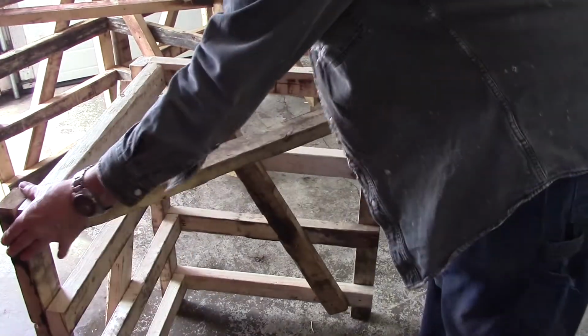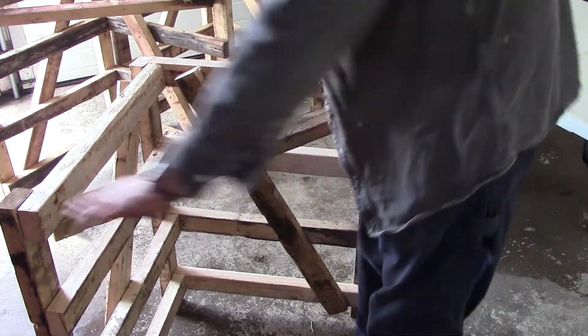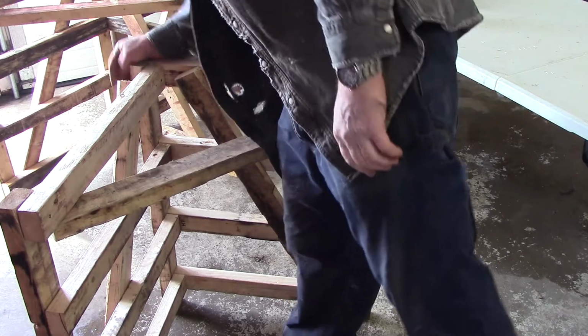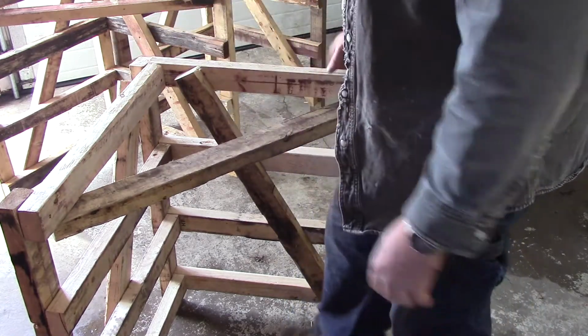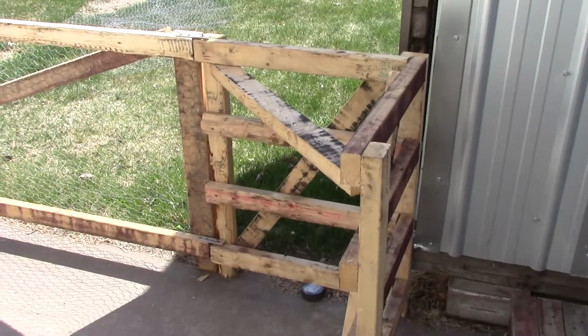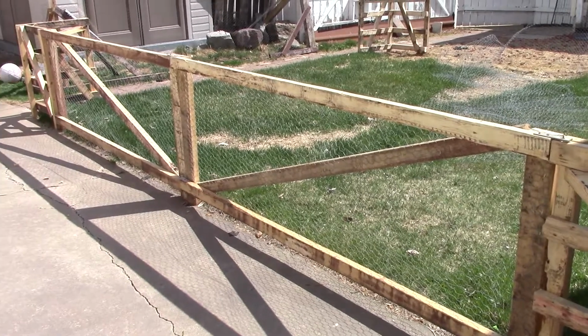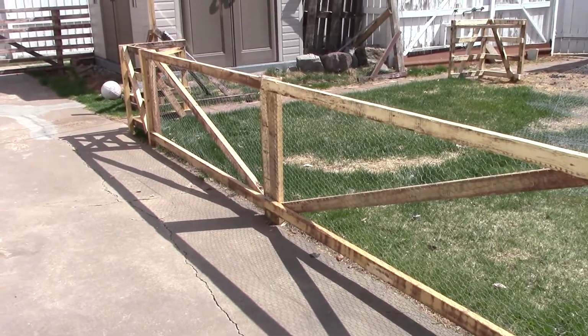There you go. One, and that's sturdy. That'll hold a fence off of it. Okay, I need 5 of these for my main fence. Well, there you go. That's kind of the gist of it. One side is done,